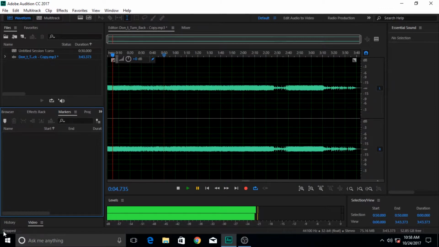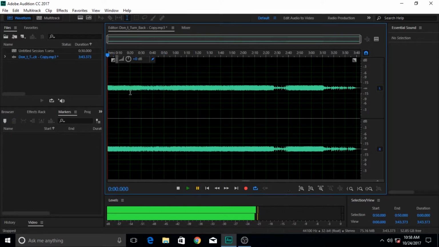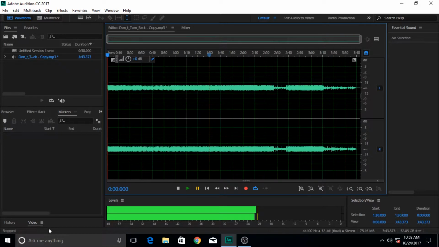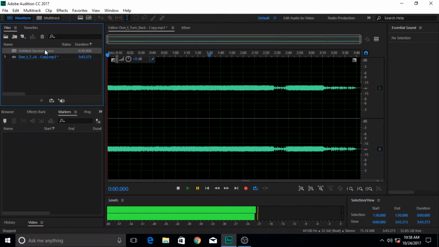Now another item, which is actually a bar, gives you great information. It can be considered a panel of info, and most of the time it is ignored and people do not look at it. It gives you useful information. At the moment we have stopped our track, and it is telling us which action we have performed. It is telling us that it is stopped, and it gives you other information also if we select different things and do different actions here.